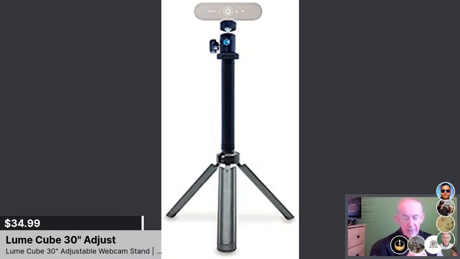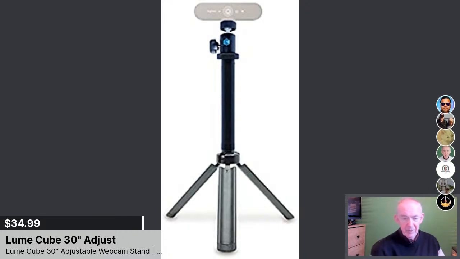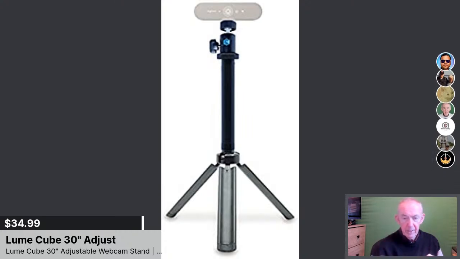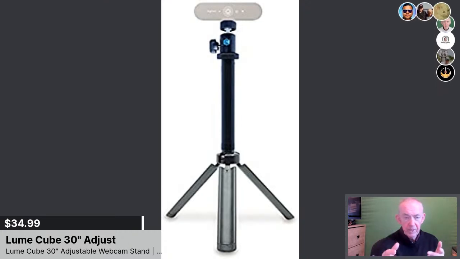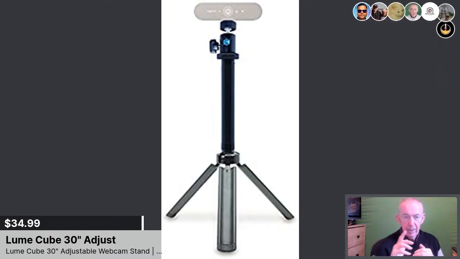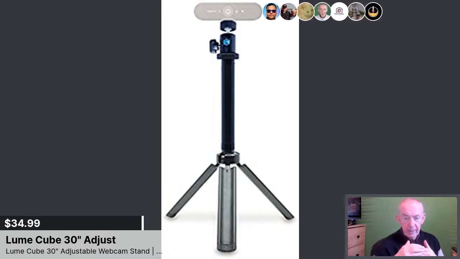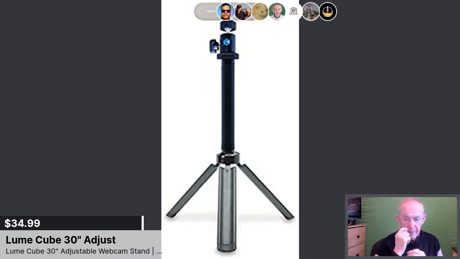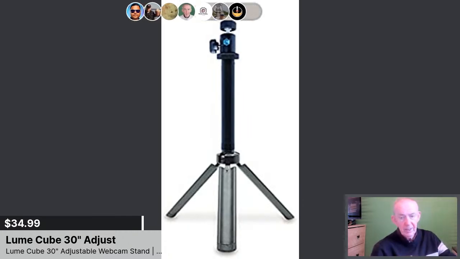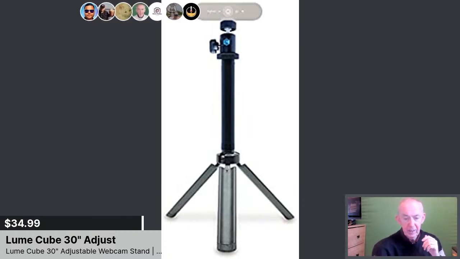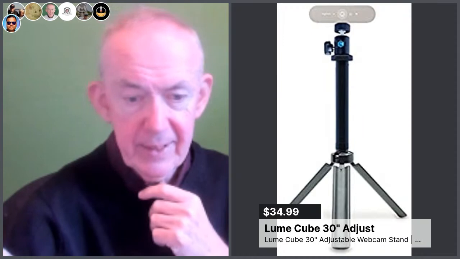This is the Loom Cube stand, which today is $34.99. I normally give a practical demonstration here, but at the bottom you've got the 3 legs because it's a tripod. You can lock those into place. You've got a central tube, which is 12 inches, extensible to 30 inches. And on top, you've got a ball joint. So you can either put a camera on top or a light on top, and you can angle it as you wish. So this is a great desktop tripod stand, and it's well designed. It's a classic design. I love design. I love good design. Okay, and next item,